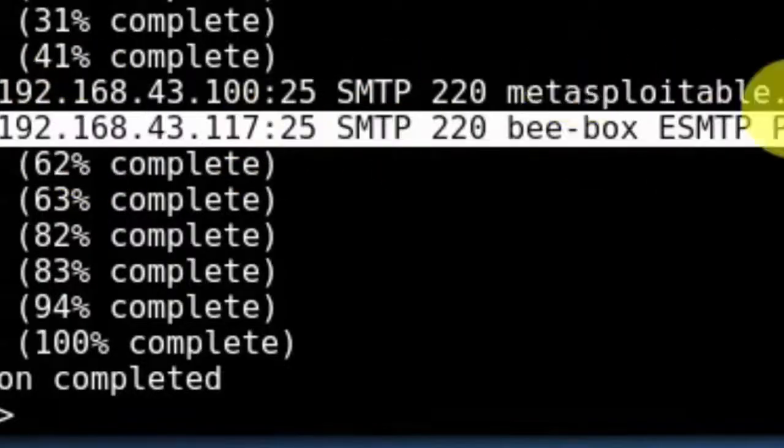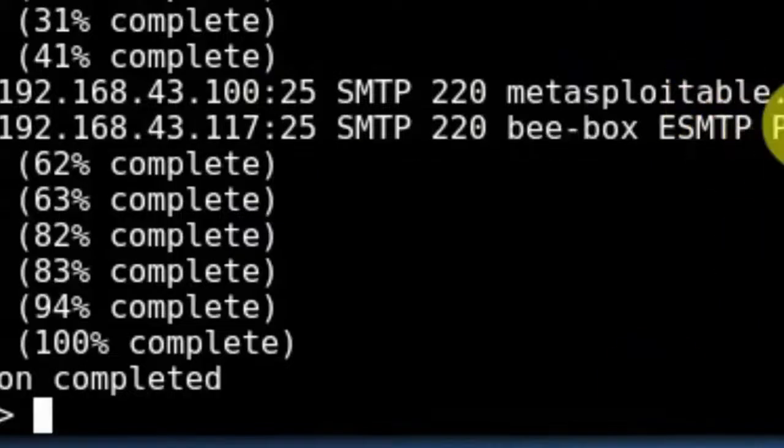So after getting this SMTP version, the attacker tried to log in to the SMTP. That can